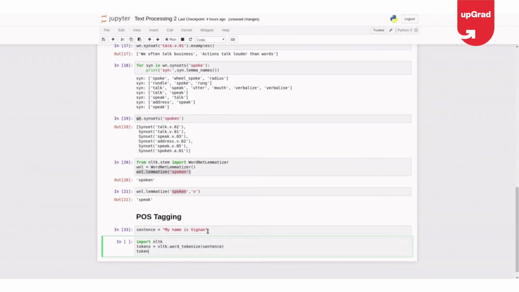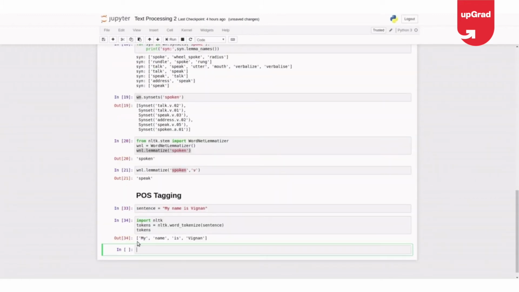Now I want to print tokens. So these are the different tokens in my sentence. Now for each token, I want to find what kind of part of speech it is. So NLTK has a functionality called pos underscore tag. NLTK dot pos underscore tag of my tokens.